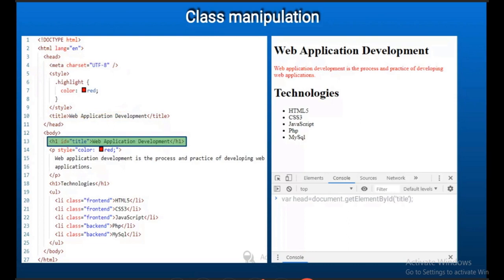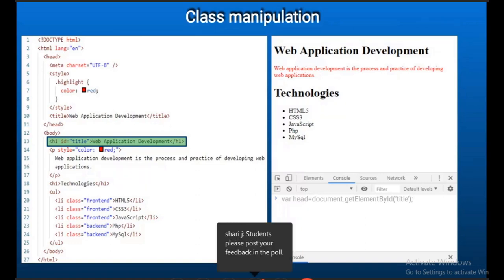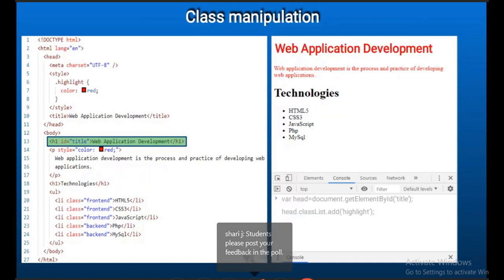I first selected the document to get element by ID title, and that reference is in the variable head. Now I provide head dot class list dot add highlight. Just before, that particular head was purely black. It doesn't have the highlight class associated with it.